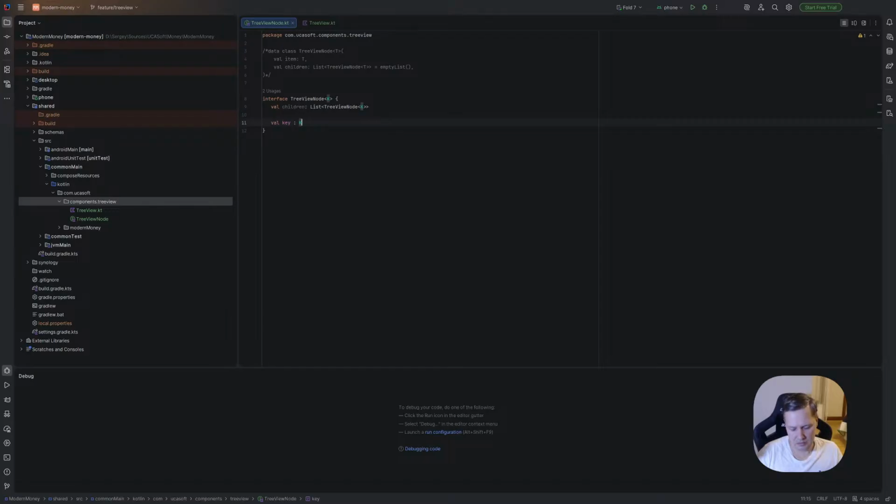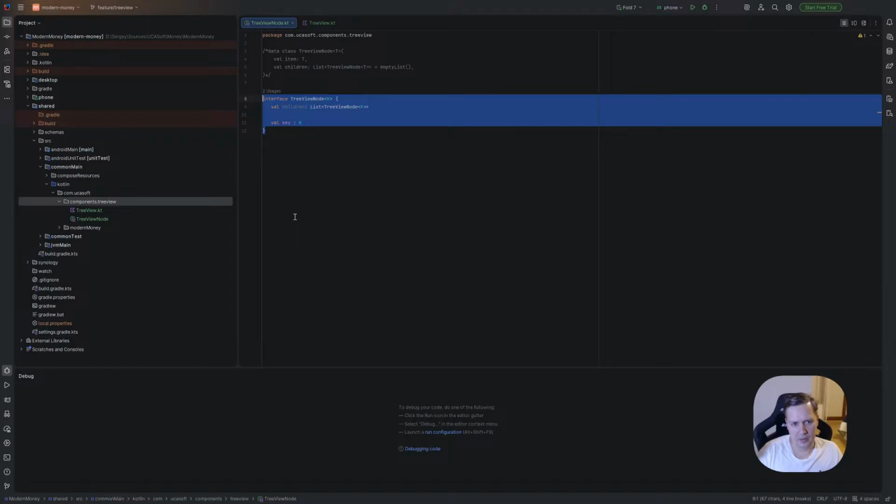And there are just like two approaches. We can do it a different way, when we load data from database, we need to convert it to this TreeViewNode class.